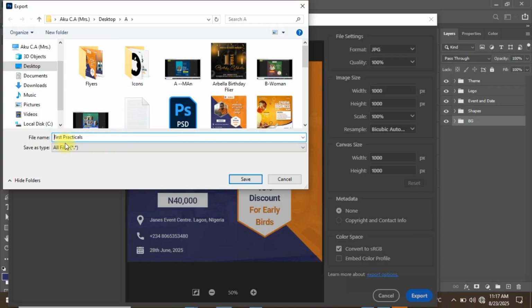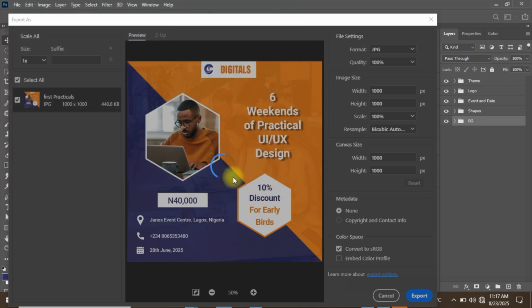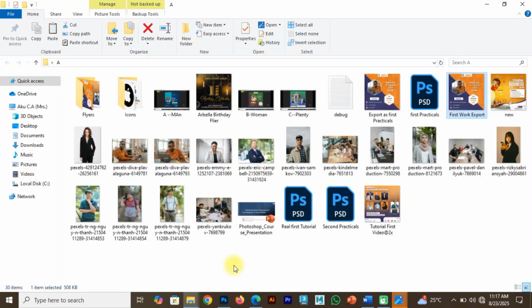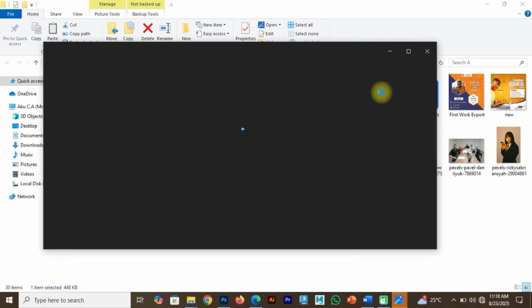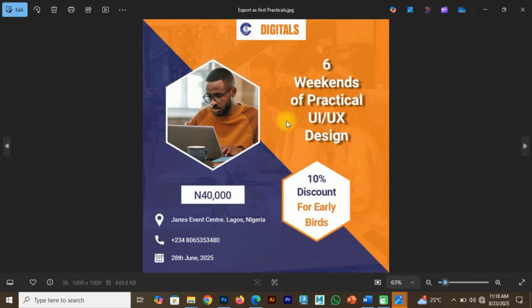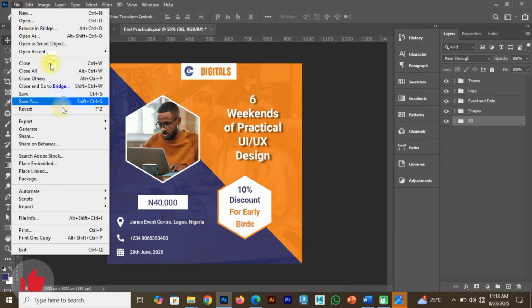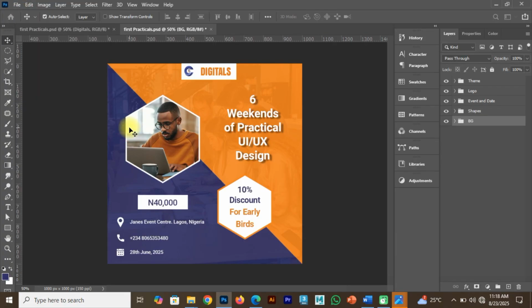We're going to name this, let's say, export as first protocols. So let's save and let's wait for it to do its thing, and let's go back there. I think that was here. Okay, that's it there. So not much difference, right? Not much difference. But where you will need this style of export, which is to come to file, then go to your export and export as,